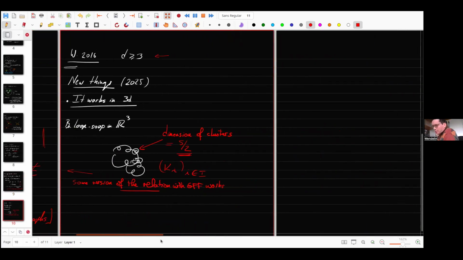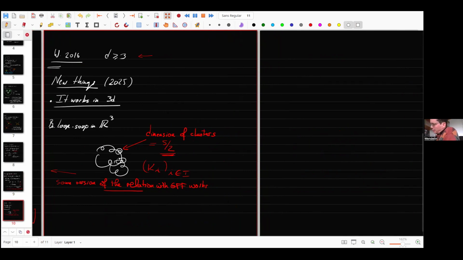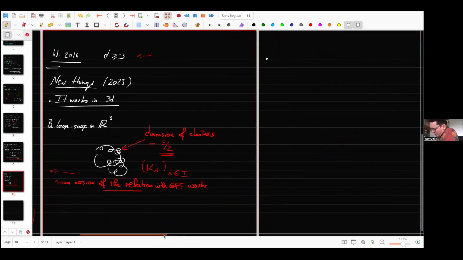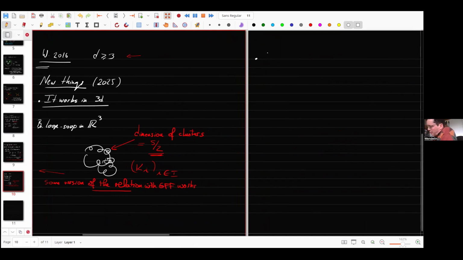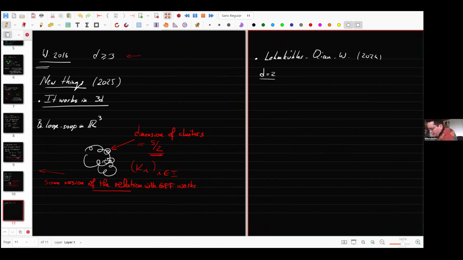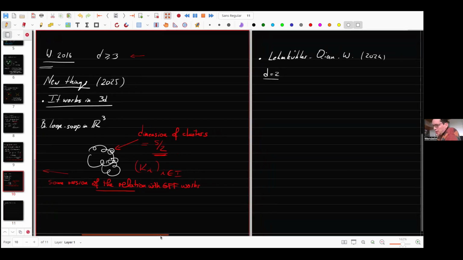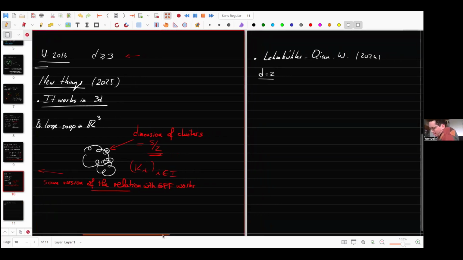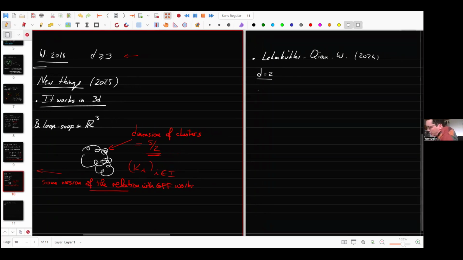So now maybe I should give different flavors to different things. Let me emphasize one thing first, which is this paper with Lehmkuhler, Mattis, Wei Qian, and so that's 2024. There we show that in the dimension d equal to 2, something nice happens in this continuum world that you would not have expected. At least I didn't expect it. If one sees the field phi,